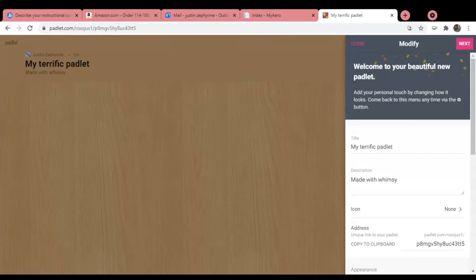Yes. Great. So at this point, you could easily just type the title for your Padlet. By default, they're going to give you something like your beautiful wall or your beautiful Padlet, but you might want to give it something a little more relevant to your course. A good way to use this would be, for example, introductions.